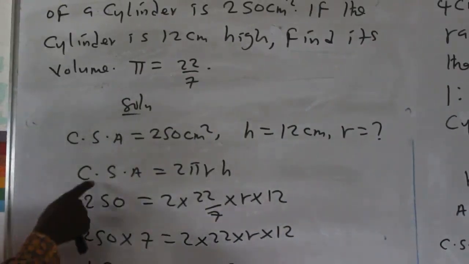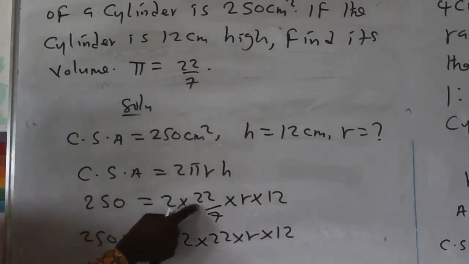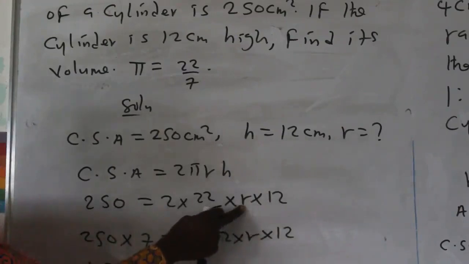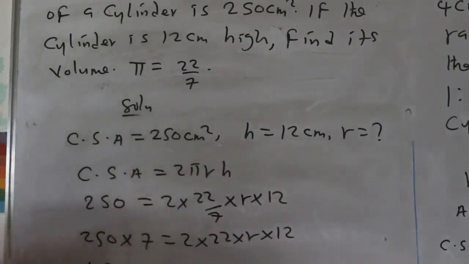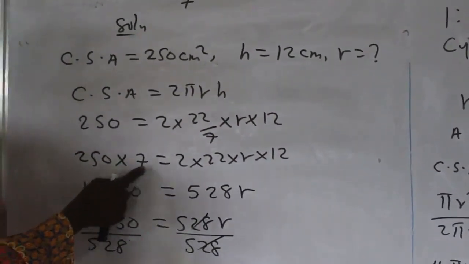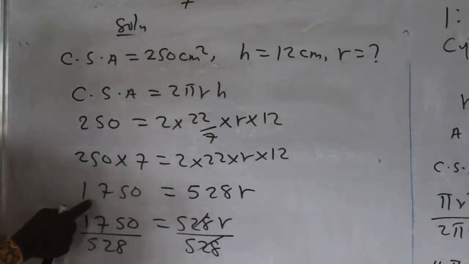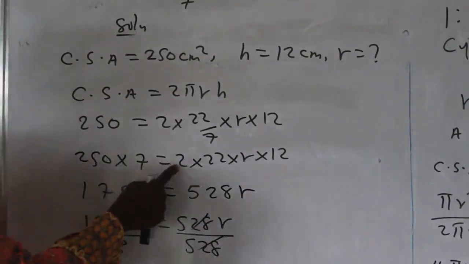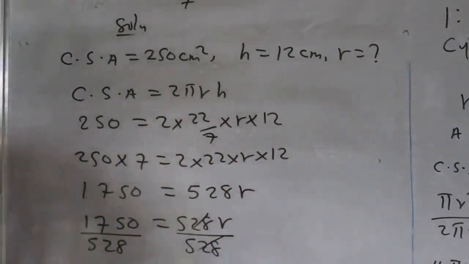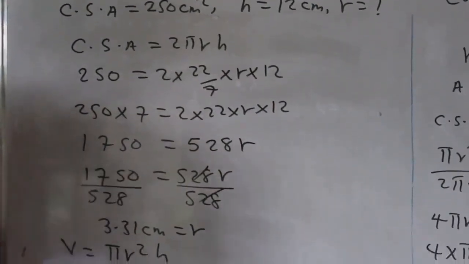Now, in place of curved surface area, you now have 250 equals to 2 times pi, you have to use 22/7, times the radius, that is what you are looking for, first, times the height, which is 12. Now you now cross multiply, 250 times 7, that is why I have 250 times 7 here, equals 2 times 22 times r times 12. 250 times 7 is 1750. 2 times 22 times 12 will give you 528 times r. Then you divide through by 528. So 1750/528